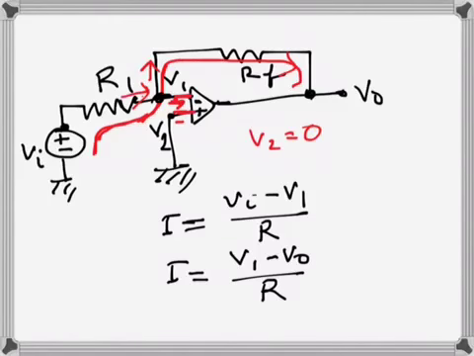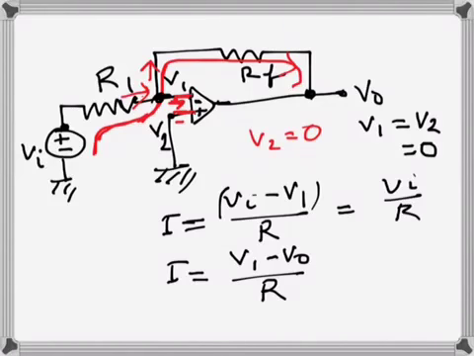Now since V2 is 0, we know for an OPAmp there will be no drop between the inputs, so V1 is equal to V2, we know that. So since V2 is grounded, V1 will also be grounded, so that should also be 0. So from this equation, since V1 is 0, I is equal to Vi over R, or from here, since V1 is 0, this part is 0, so we can write V0 over R. So now if we rewrite this I, so both are I's, so I can write this thing as